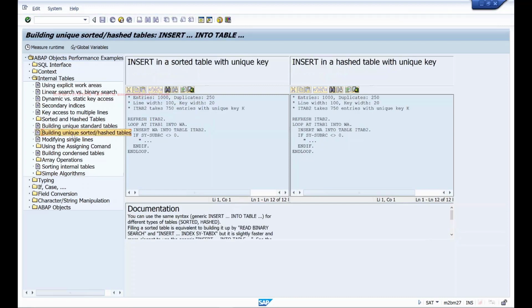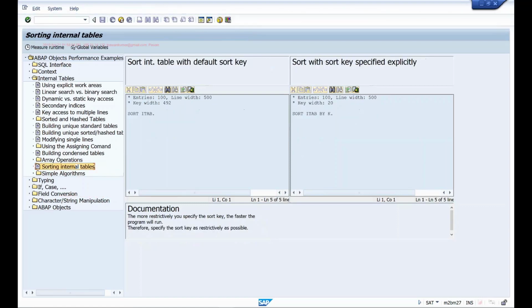Here, how the insert statement performance will vary for a sorted table and a hash table, right? How does it perform when you're sorting a table directly compared to sorting it by a particular field? You can execute and see which is better. So if you're in doubt about two statements, then you can execute and see. If you're simply sorting the table, it's taking 68 microseconds, whereas if you're sorting it by a particular field, it's taking only 12 microseconds to run. Okay, so